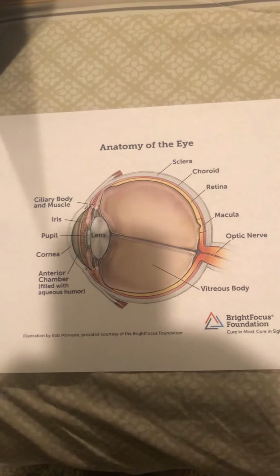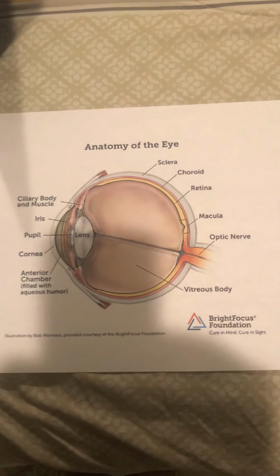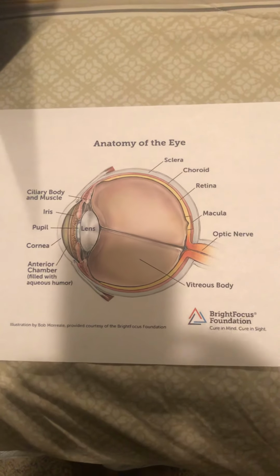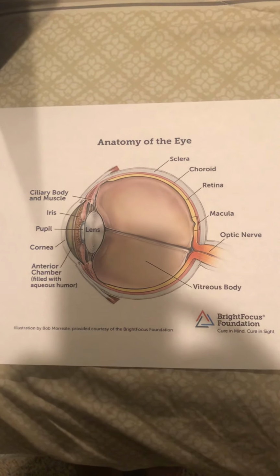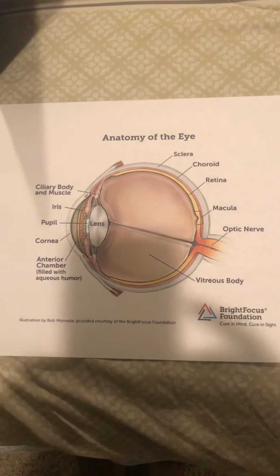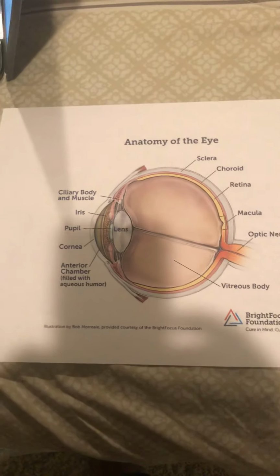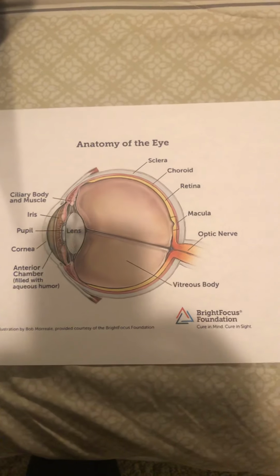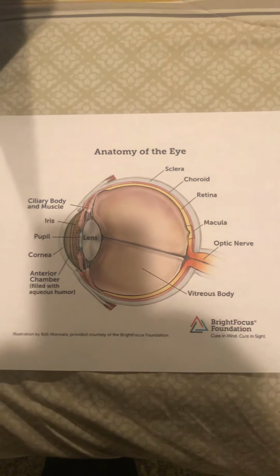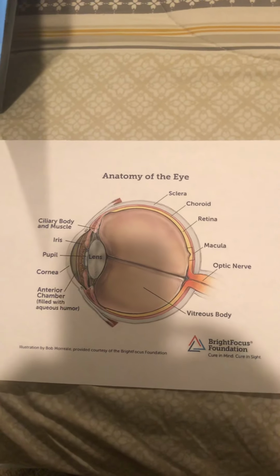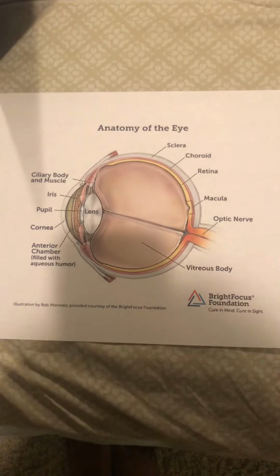The last is the glaucoma, which is a disorder that is characterized by increased intraocular pressure, and sometimes there's an optic nerve atrophy and sometimes vision loss. So it is very common in African Americans, and we have different kinds of glaucoma. We have the primary open angle, we have the primary angle closure, and